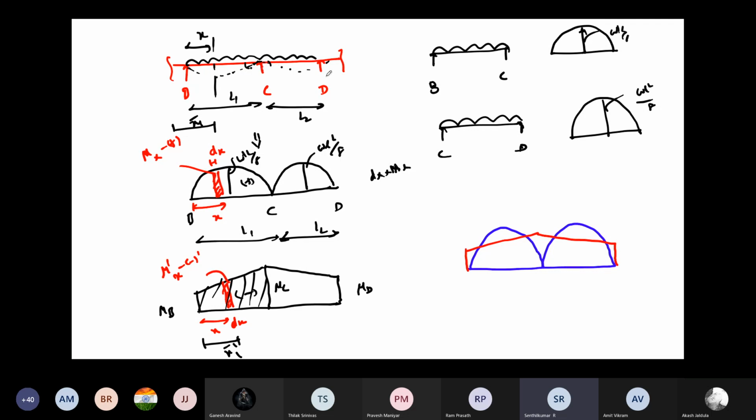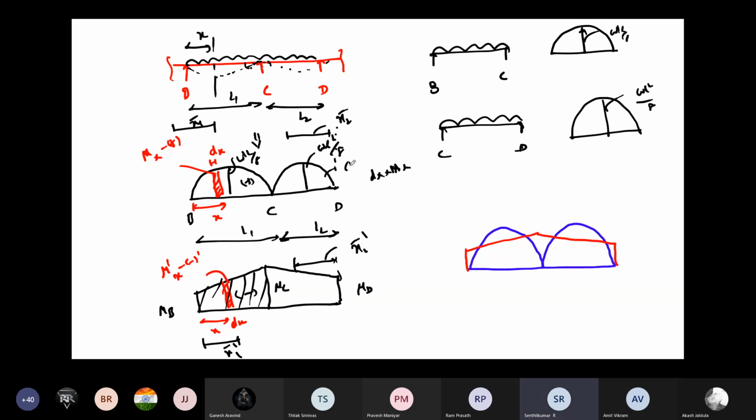But the major thing is where we are getting the X bar. That is major here. I just want to take X bar not from here because this is not an end. So I'm just taking X bar from here now. I'm going to take X bar from here, from D support. I'm taking X2 bar here. This is positive from here. I'm going to take the X bar here like X2 dash bar.